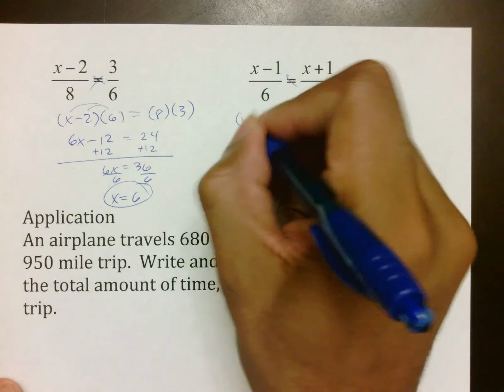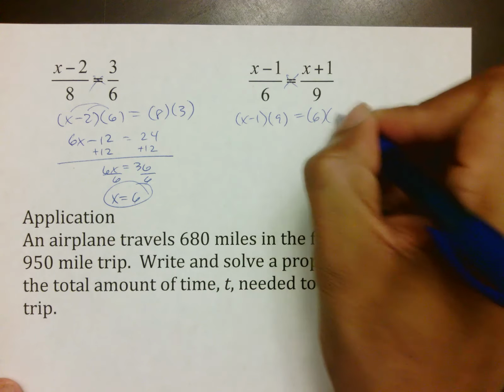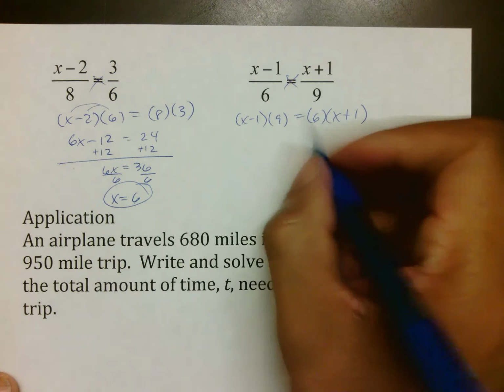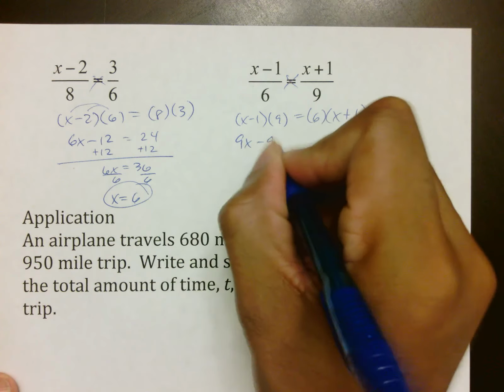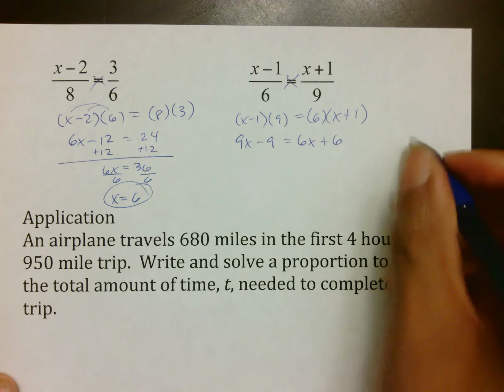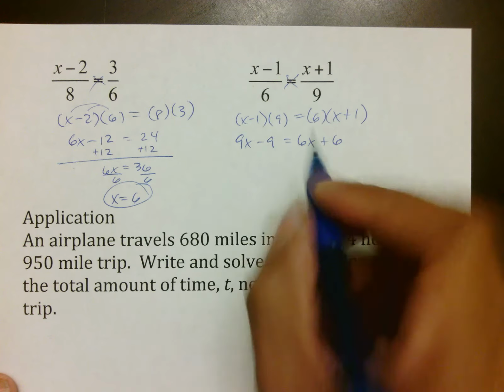Here, x minus 1 meets up with 9, and 6 meets up with x plus 1. This turns into 9x minus 9. This turns into 6x plus 6. This is now simplified, and remember the first thing we have to do is move our x's, so we now